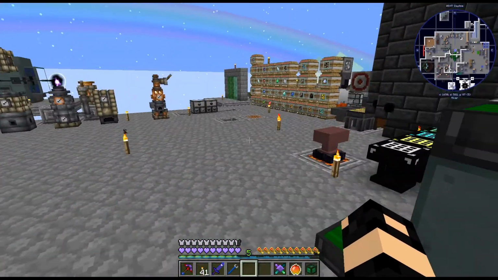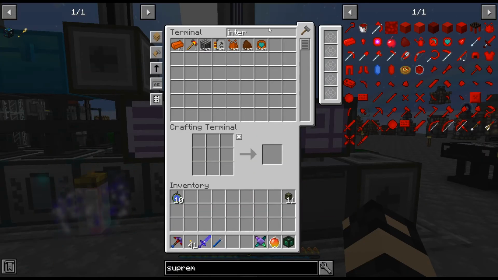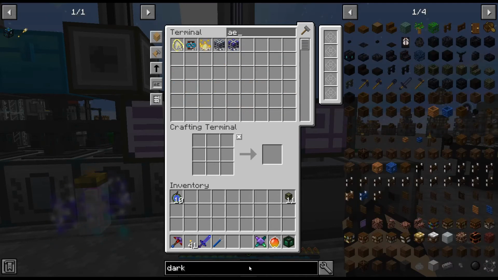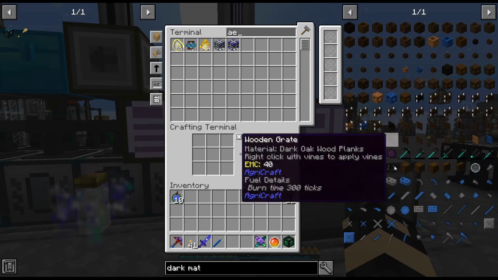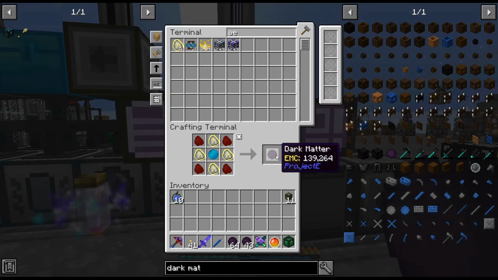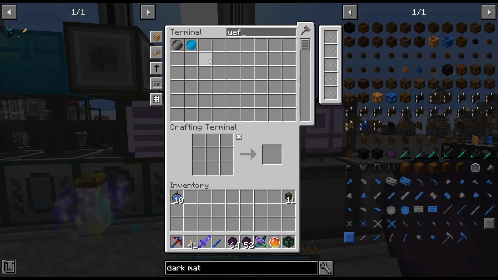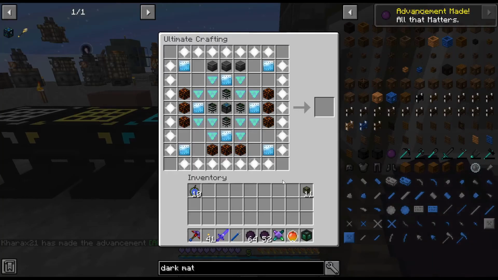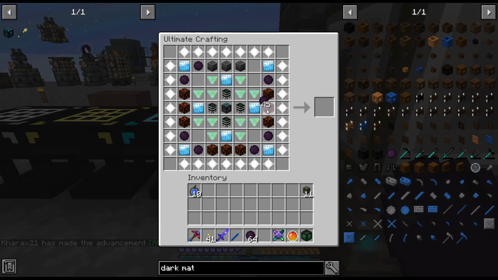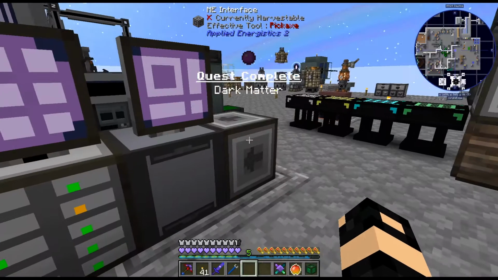Okay, we are back, and I think now we have it. I hope so. So we have dark matter. Let's do that. All right. So let's hope I have enough. Yeah, those things are like a weird amount. So all right, there is dark matter at least. Let's do that. All right, so we got the dark matter, and then